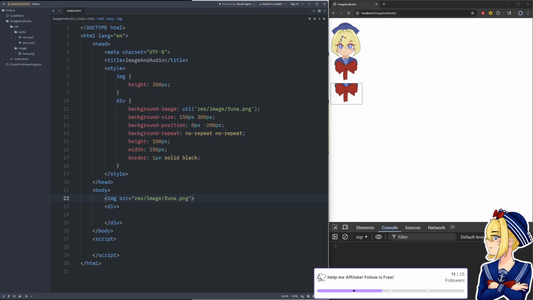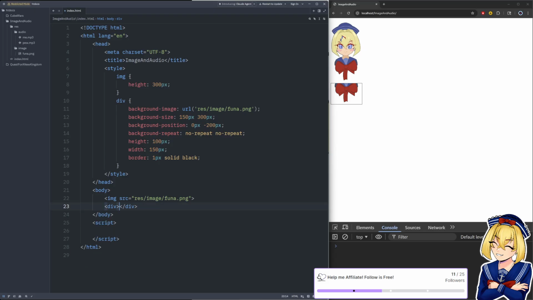HTML. You cannot directly crop an image. Yeah, so it looks like pretty much the only way that you can really crop an image in HTML is kind of like this, by using a div and then hiding it from outside the div. So yeah, I'm glad that there isn't something new I'm unaware of. So yeah, that's a major benefit of using a div over an image tag.